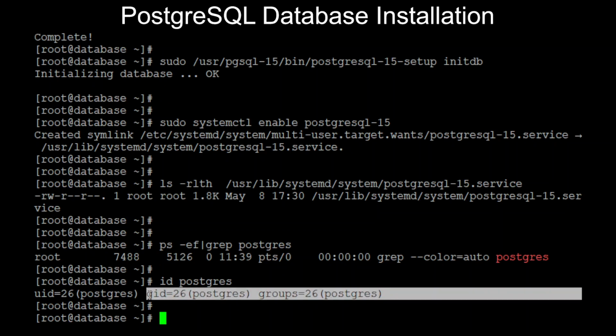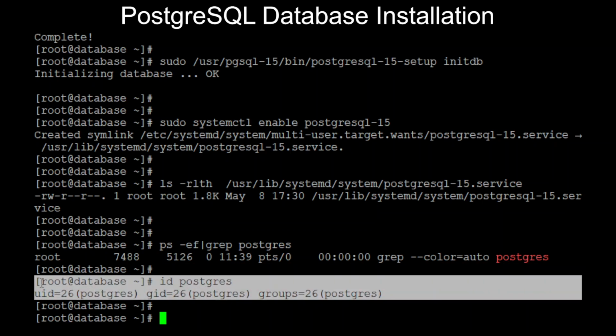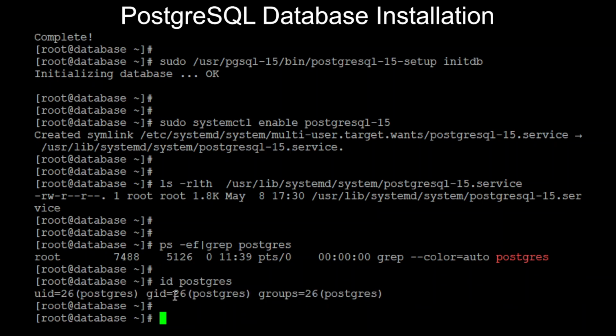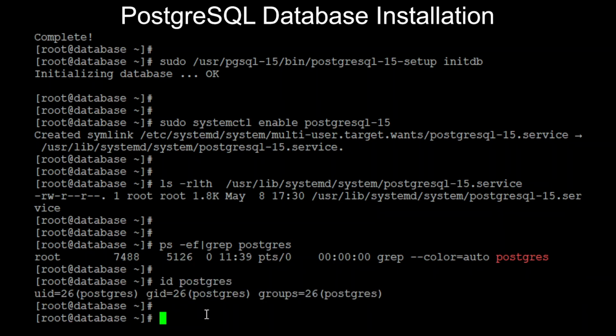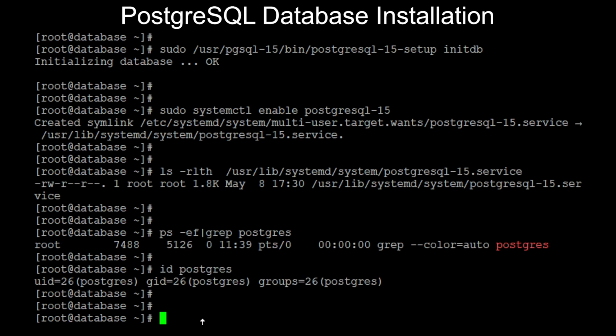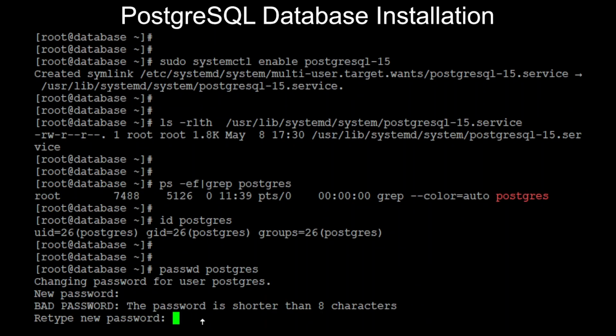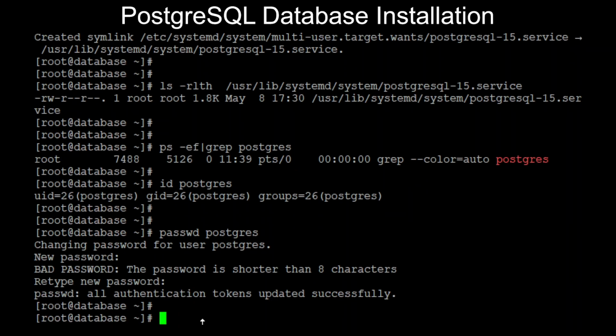This is the only way to identify whether the user was created manually or not. If your postgres group is created, then you can say that the RPM method of installation has been done previously. Okay, now we will change the password also. Password: postgres. Okay, you can enter the new password 2 times. Okay, once it is done, now as I told, we can start